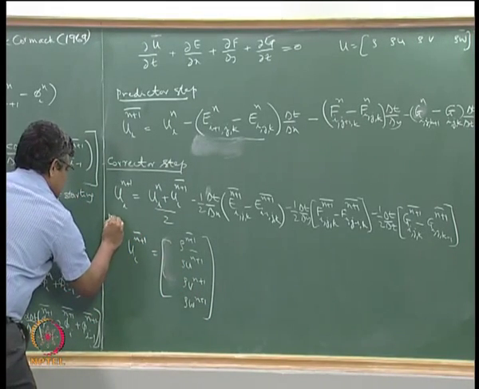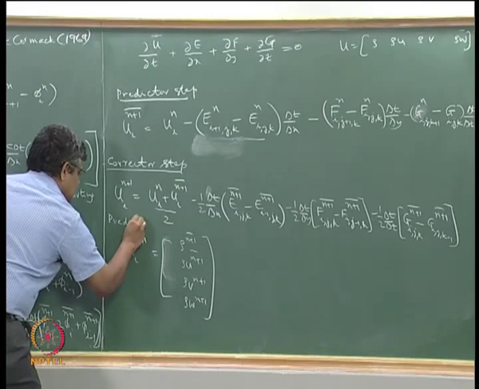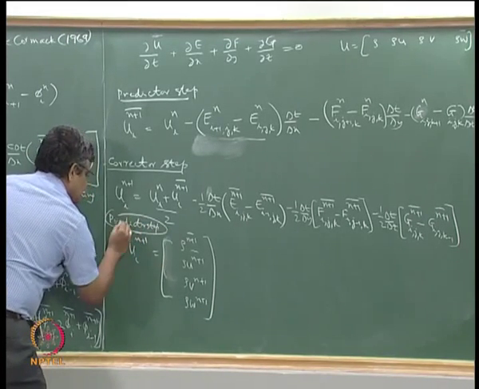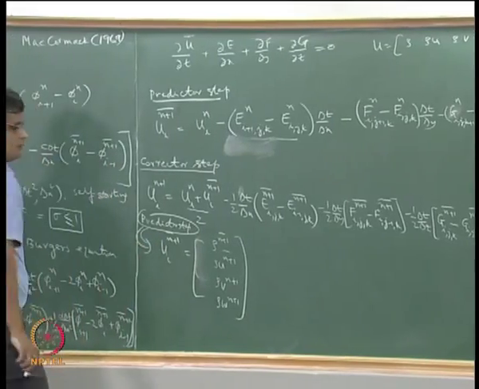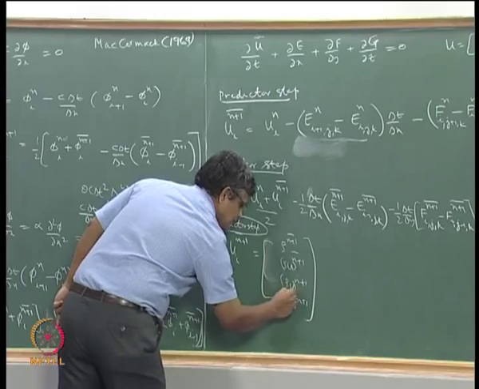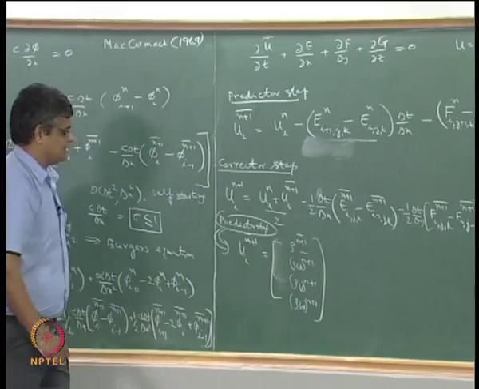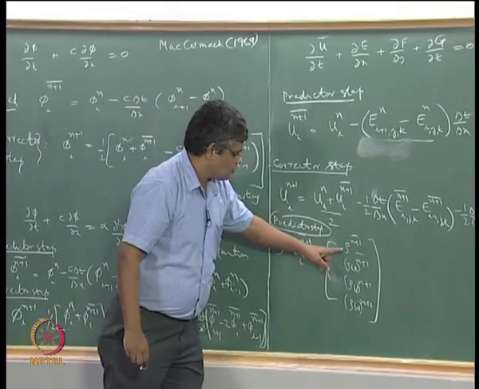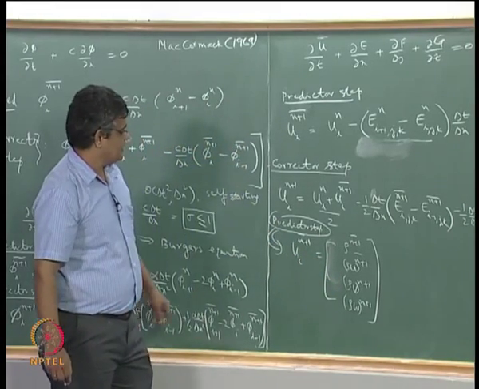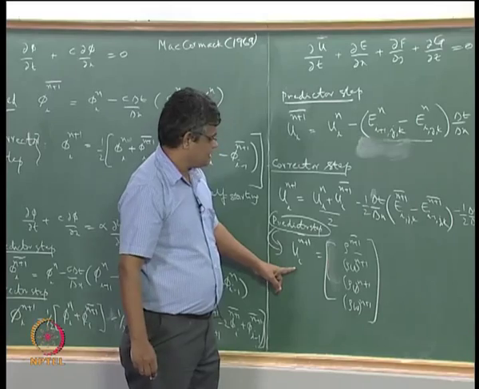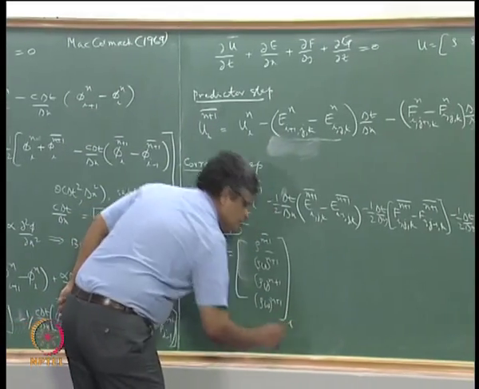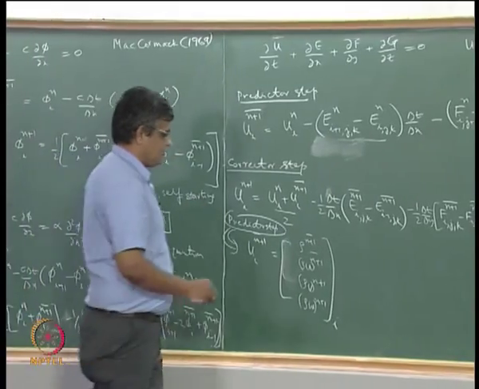Okay, so the predictor step will give us these, and we notice that the variables that are appearing are rho, rho u, rho v, rho w. Okay, and once we have these values for all i, then we go from this